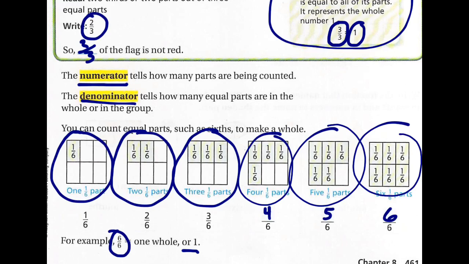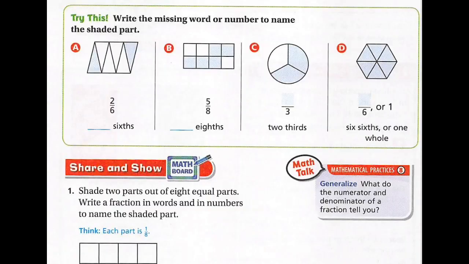Okay, turn to the next page. On the next page, we need to write the missing word or number to name the shaded part. So here we have 2 out of 6 shaded, 2/6. So the way we'd write that would be 2, T-W-O, sixths. Letter B, we have 5 out of 8 shaded, so we'd write it 5/8 as a fraction. And then as words, we'd write